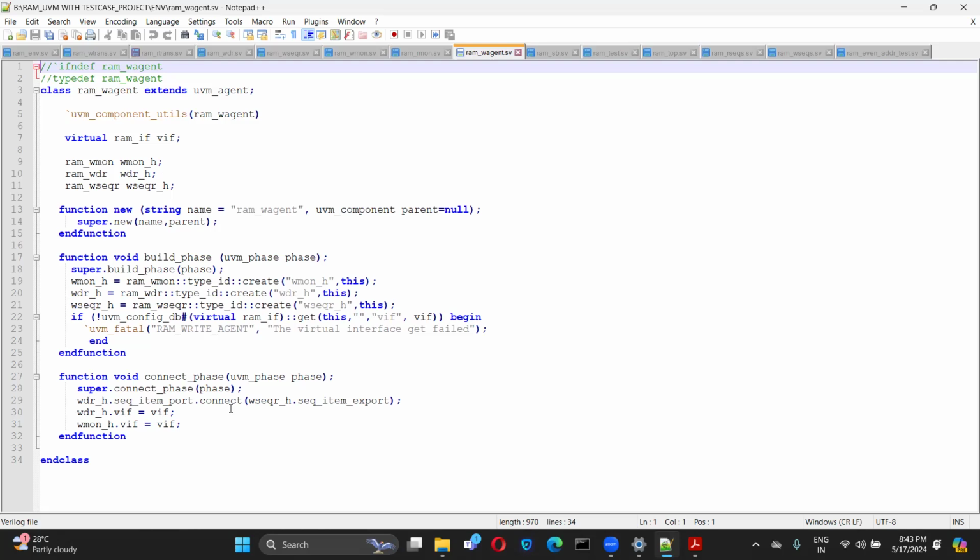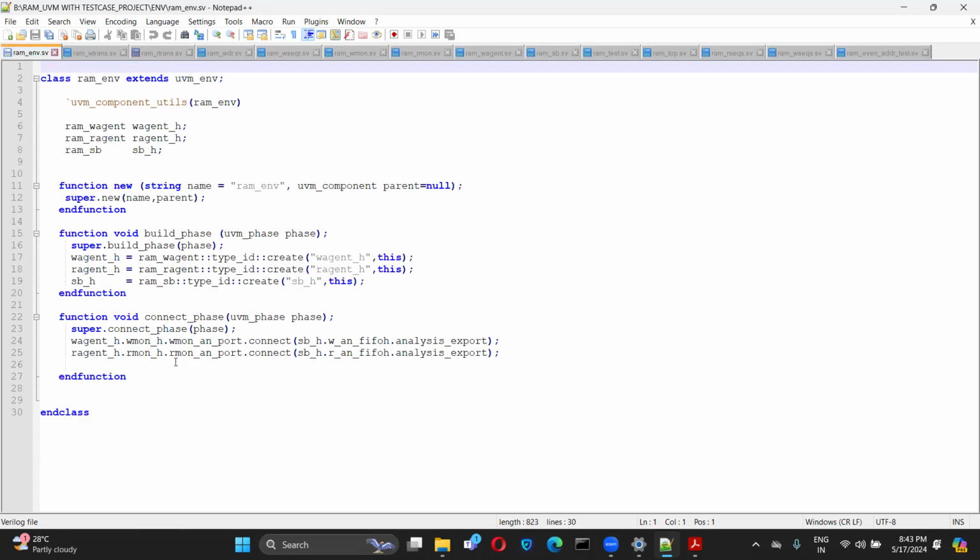We have a connection from scoreboard to monitor. Okay. So where will we have that scoreboard to monitor? In the ENV, right? Yes. But where our monitor is, that we have to find out. So the monitor is inside the agent, right? So I have to write agent dot write monitor, and inside that write monitor we will have the port, means which component you are connecting to the other component. Inside that component you will have the port, right?